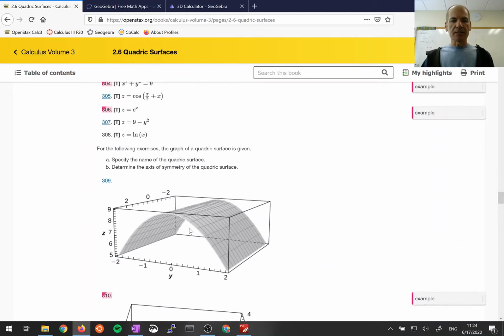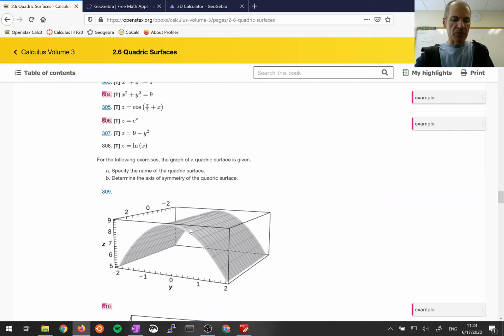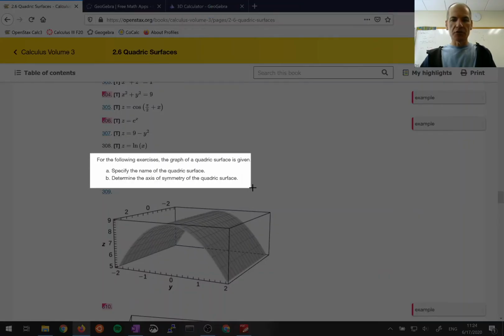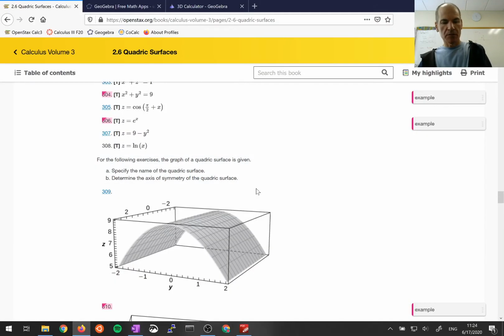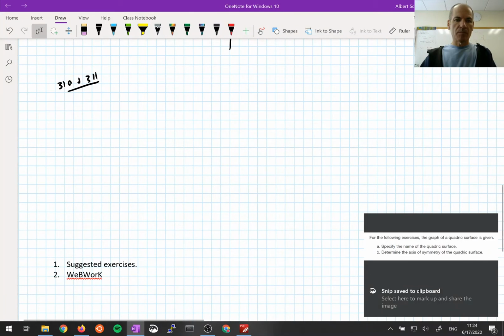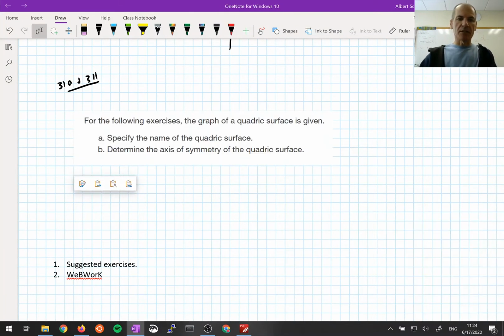All right, it's probably worth grabbing these instructions. And in fact, let's also grab